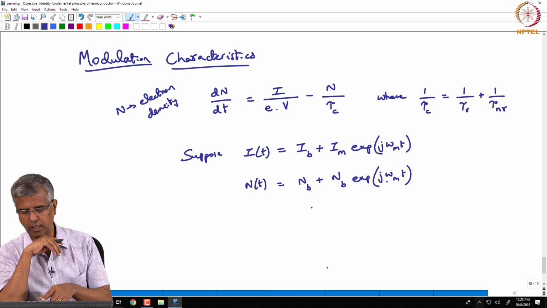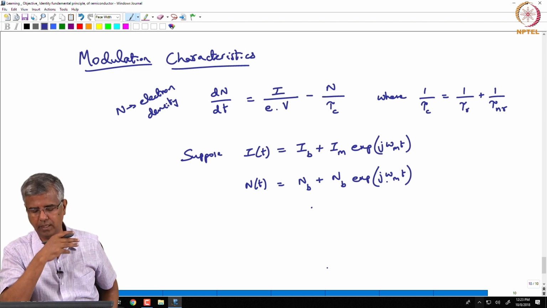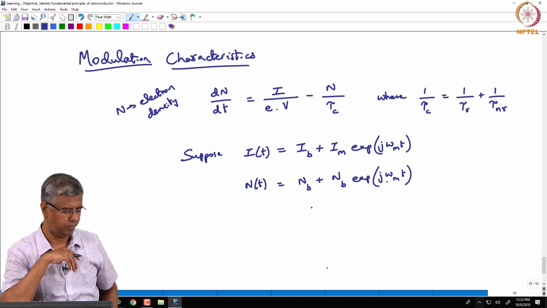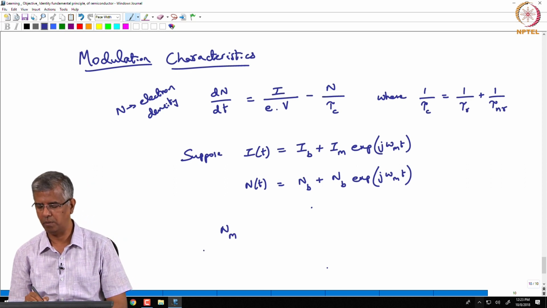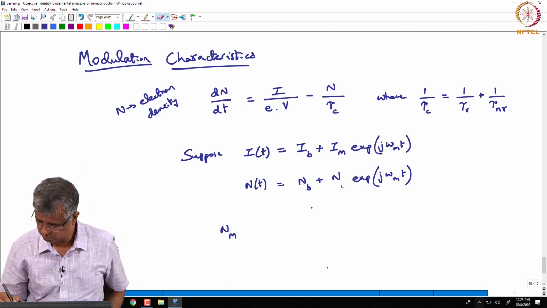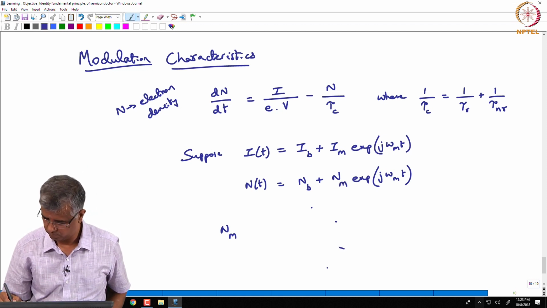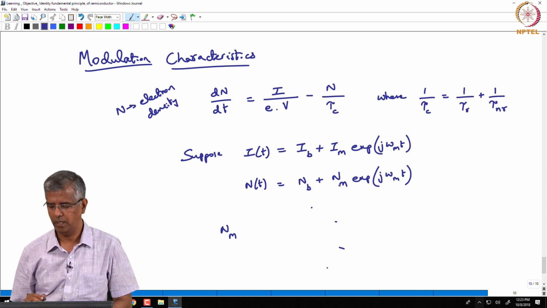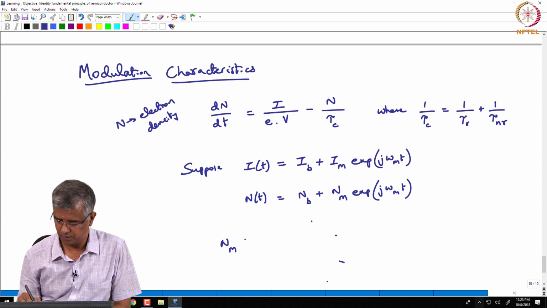So, now I will substitute these expressions in the above rate equation, and then I will try to simplify. If I try to simplify, I can get an expression for the modulation. Sorry, I made a mistake here. This should be Nm. Right. So, what I want to get is Nm